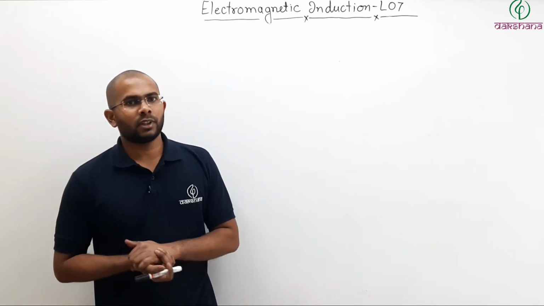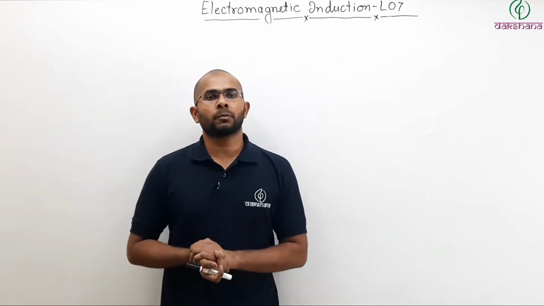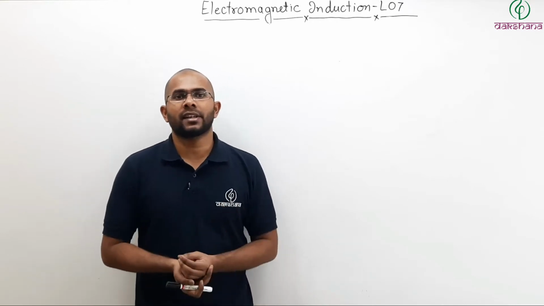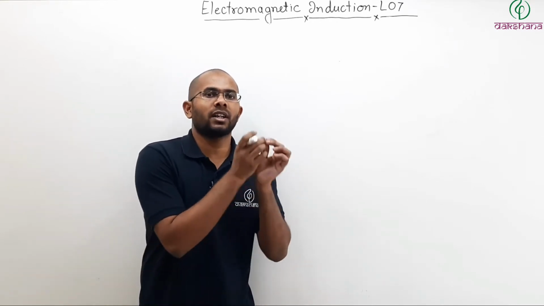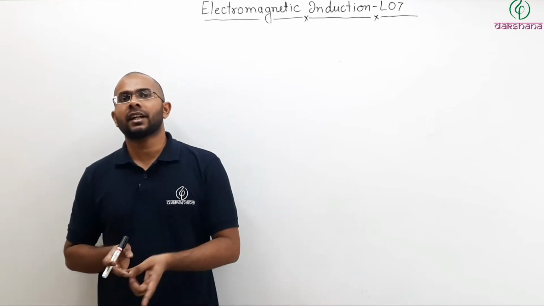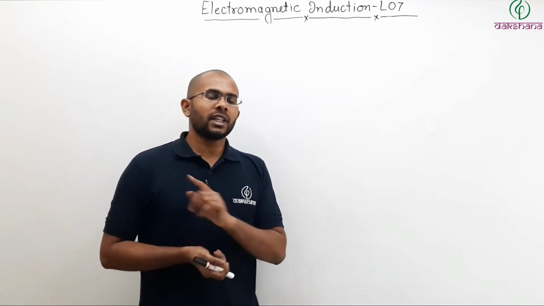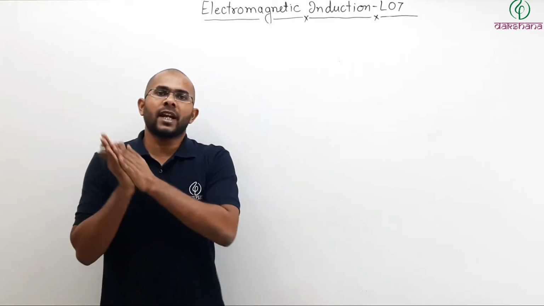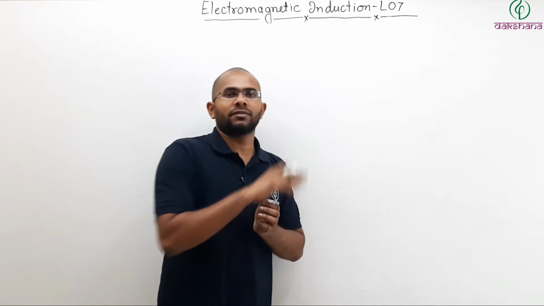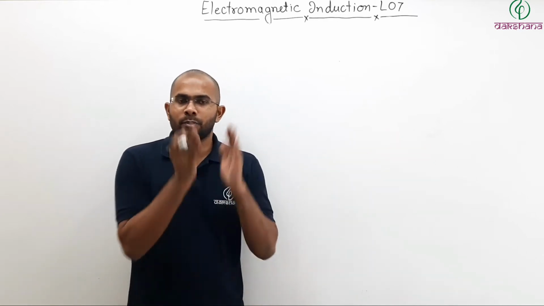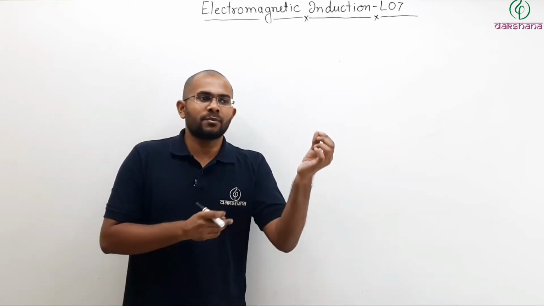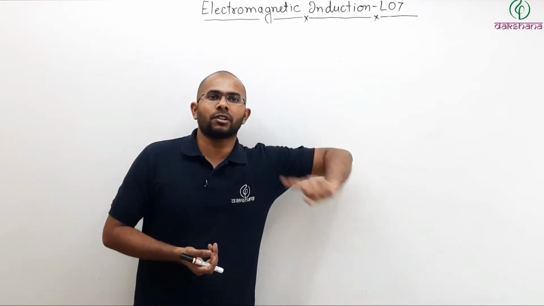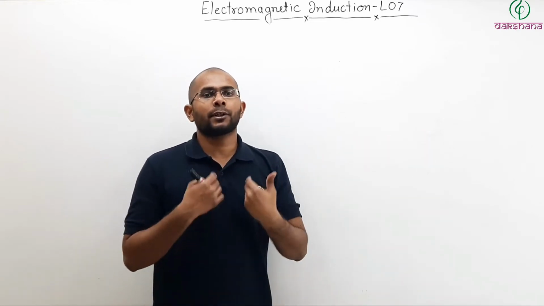In the last lecture of electromagnetic induction, we had talked about growth and decay of current in an LR circuit. What is an LR circuit? A circuit in which both a resistor and an inductor are connected to a battery. If you remember, in the case of decay of current, even after the battery is removed, there is some amount of current up to some time. The battery is your power source. So if the power source is removed, then who is supplying the energy for the flow of current? We will talk about that.